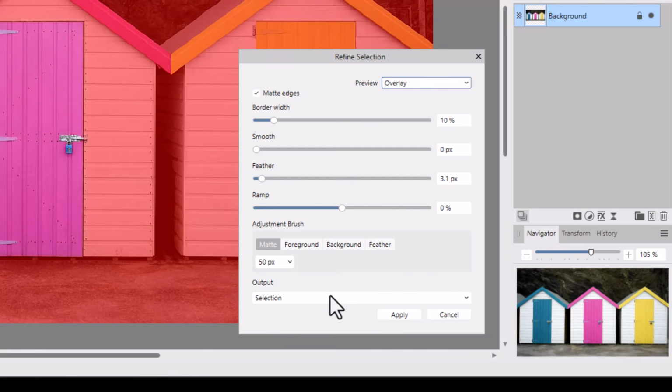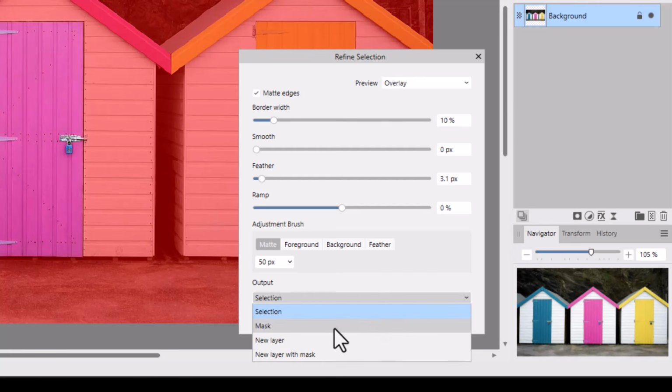Now this is where the changes will start to happen from Affinity Photo, because in the output section down here is a drop down menu where you've got four options. You've got selection, mask, new layer with mask. Now selection will just bring you back to that selection area, and then you can decide what you want to do with it. Mask will add a mask using that selection area and attach it to the layer that you've